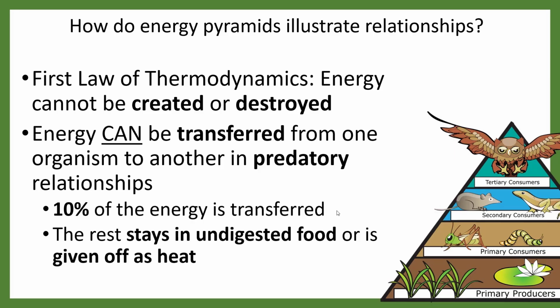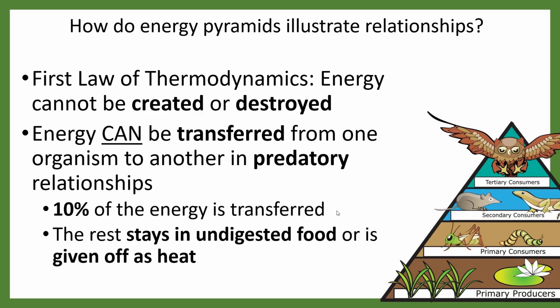And then secondary consumers are going to eat a lot of primary consumers, but they're not going to eat things like the shells of those insects or the wings. So there's going to be a lot of undigested food. And again, things like mice are going to be giving off a lot of energy as heat, and that heat cannot be used by tertiary consumers. So the owl here cannot use the heat given off by the mouse as its own energy. So there's energy loss every phase, and there's biomass lost at every transfer. That means the transfers get smaller, smaller, and smaller.